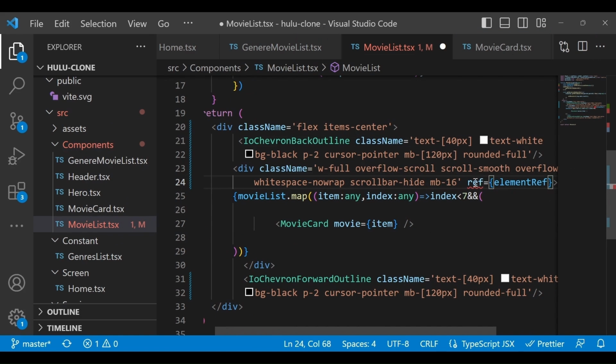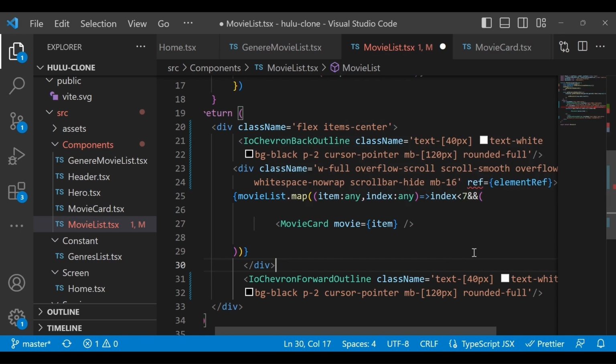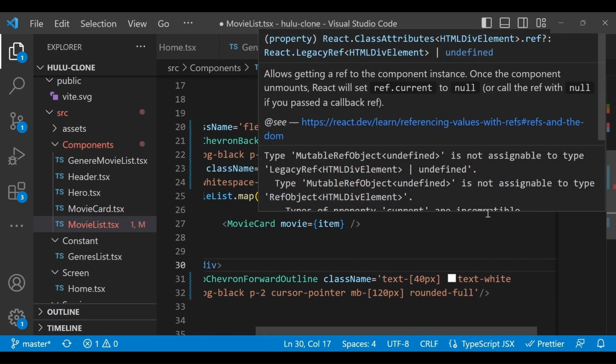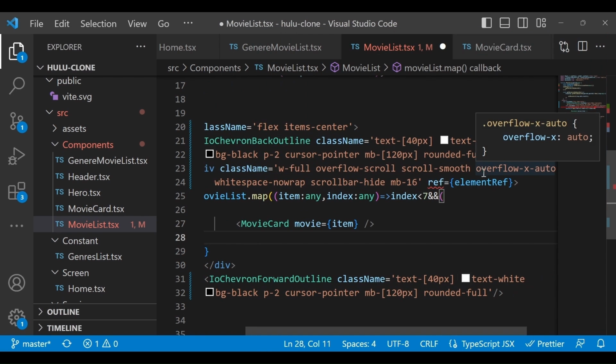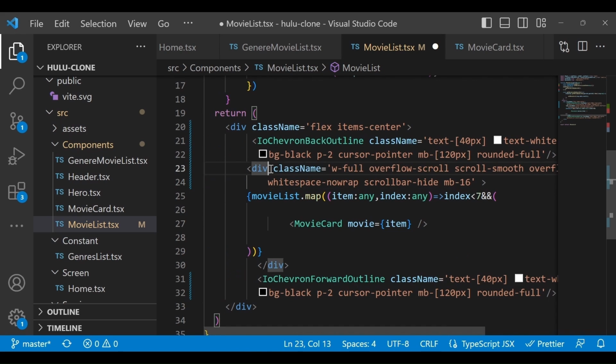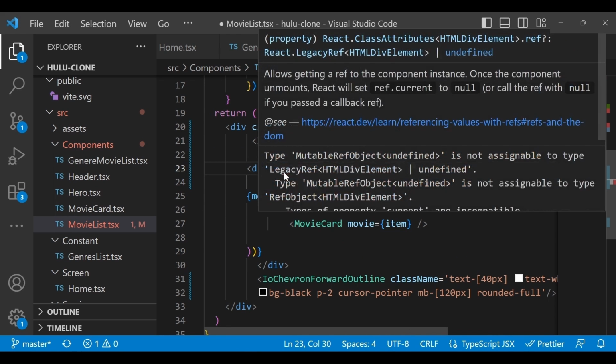Make sure, oops, it will be a ref equal to, so like this. Okay, I don't know why we are getting error.